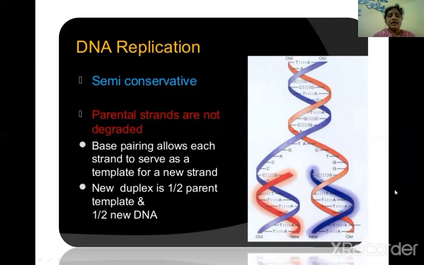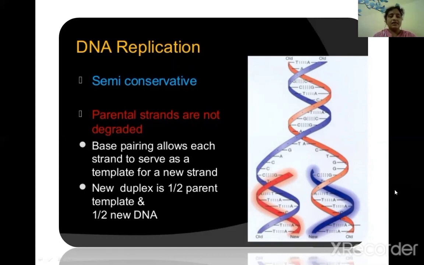DNA synthesis is carried out by DNA polymerases. These are the enzymes useful for DNA replication, also known as replicases. There are many types in prokaryotes and eukaryotes. DNA polymerase 3 in E. coli is very useful for DNA replication in E. coli. Next, DNA polymerase gamma is very useful for the replication of mitochondria.